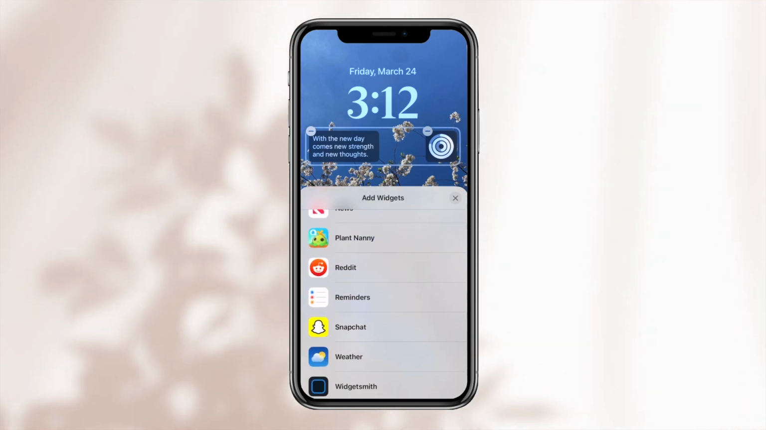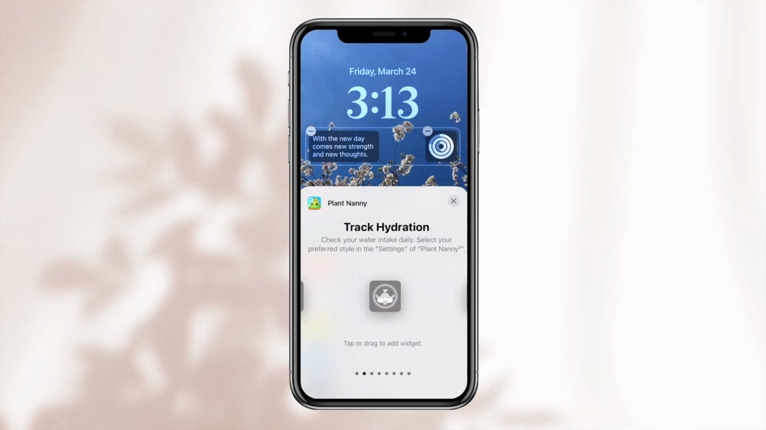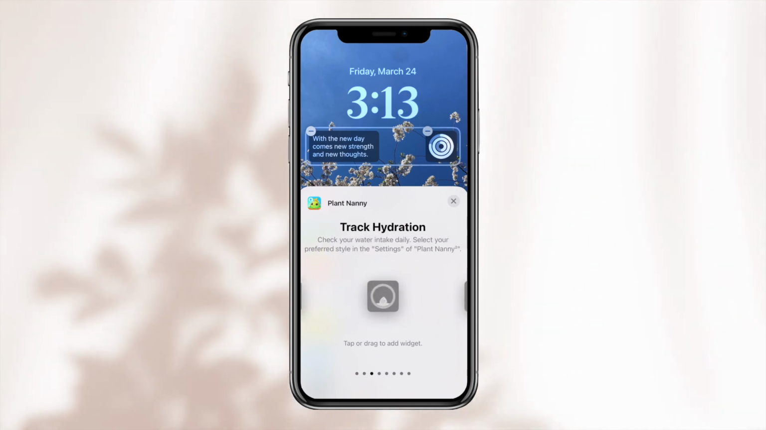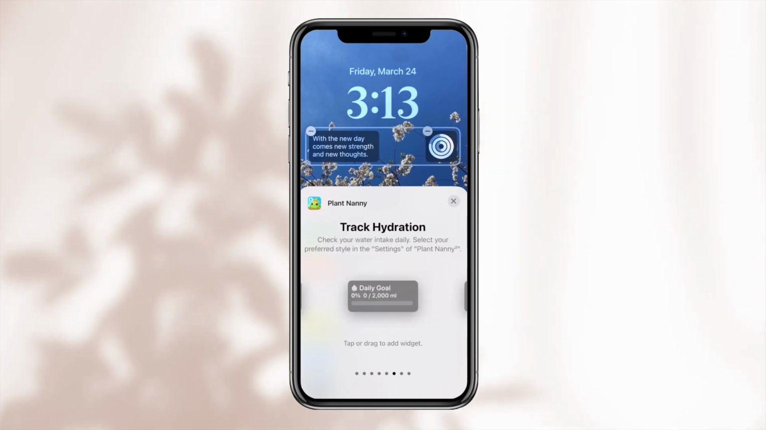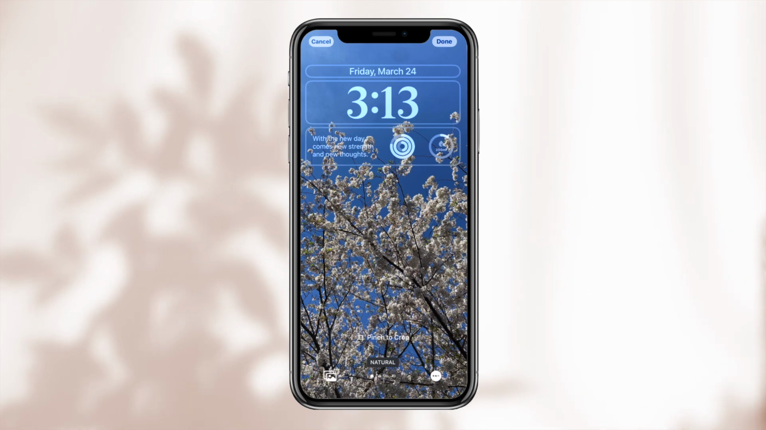I also picked this Plant Nanny one, another non-Apple app where you can water your plant and hydrate. Basically, you water your plant with the water that you water yourself with. So you'll be able to see how much water progress you've made throughout the day, and then once you're done